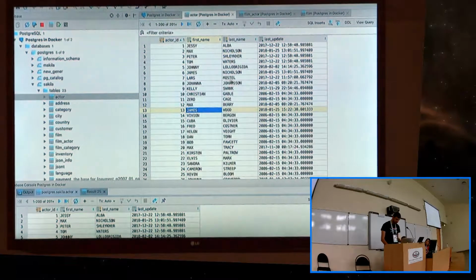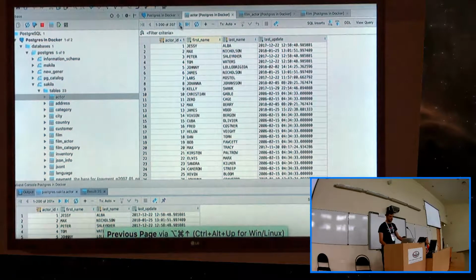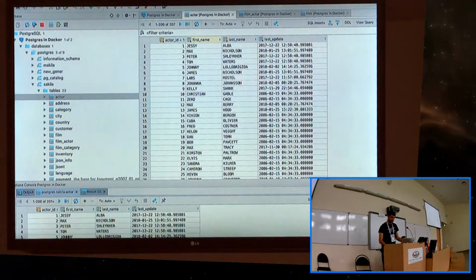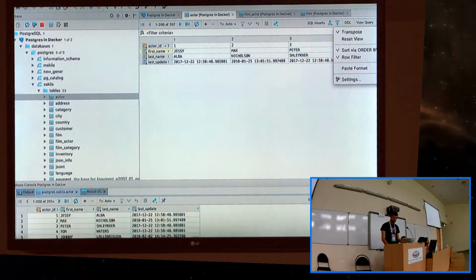It works by page, not throughout the whole set of data. You can look through it by pages or put here and it will download the whole set of data. You can compare a set of tables or two tables, run them in parallel, or compare them with the specific source of data. You can perform transpose. Sometimes it is useful and convenient to rotate the table. And then